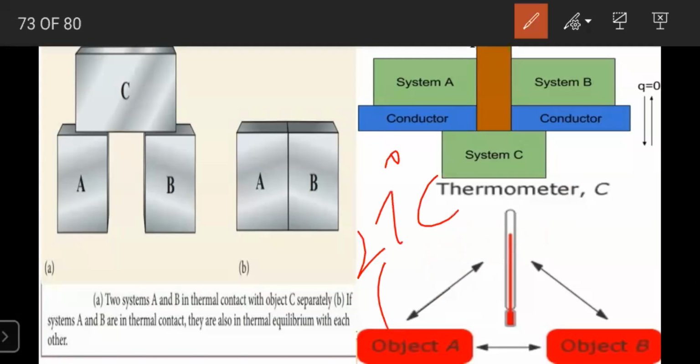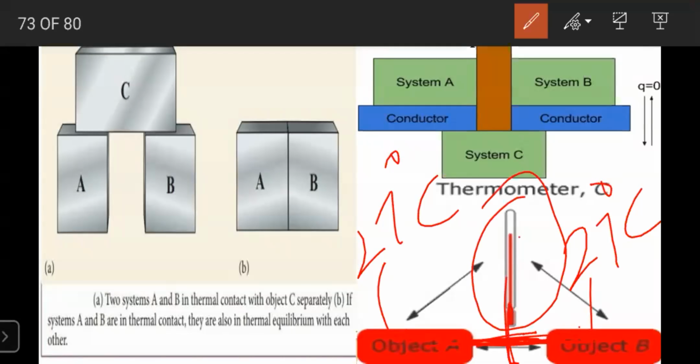After that, I have taken this thermometer and measured the temperature of this object, and it is the same as object A. Both the temperatures are the same, but we have not connected these two. We have not put object A and object B together. These are put separately. There is a separation between A and B, but still the temperature of both is the same. So that is the principle of the zeroth law of thermodynamics. Got it? Everyone clear?